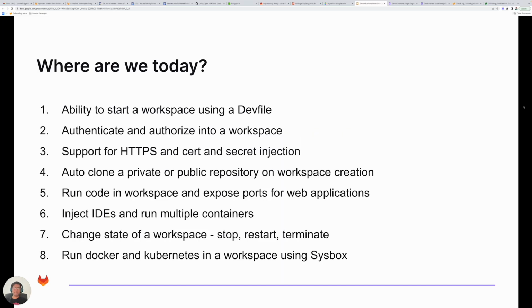So where are we today with this? I've spent the last 4 months creating the first iteration of this. In these 4 months, I've figured out the plumbing and the key components that will comprise the remote development experience, such as authentication and authorization, the ability to inject IDEs, how to run securely in a custom-owned Kubernetes cluster, and things like that. So some of the key features that have been delivered are the ability to start a workspace